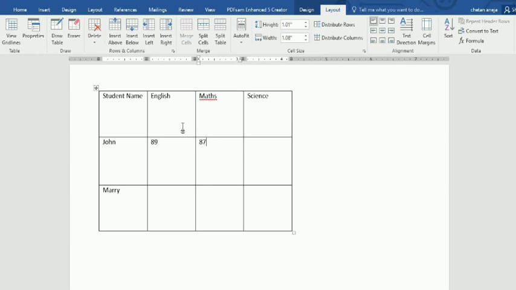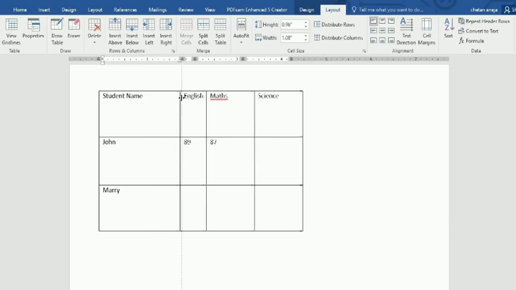Now I want to decrease the size. I feel that the size of this column is very large. So I will click here, and after this column I can see that my cursor is changing to this shape.